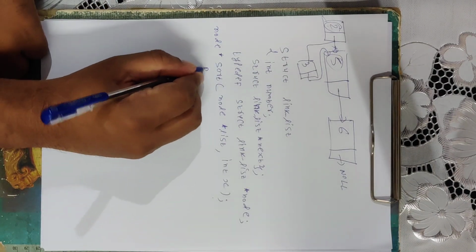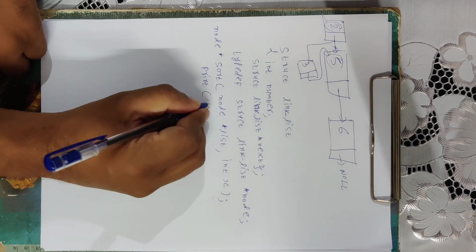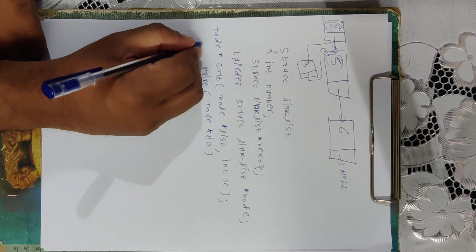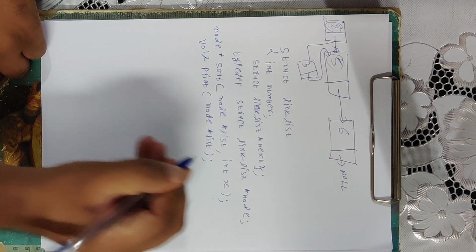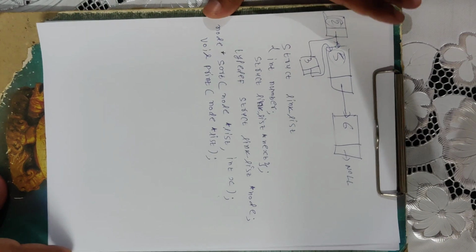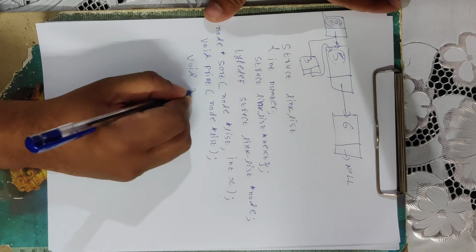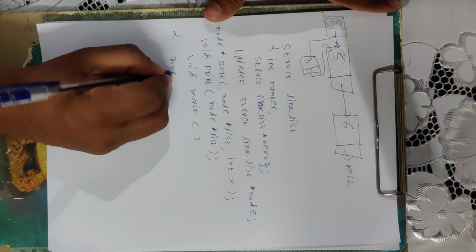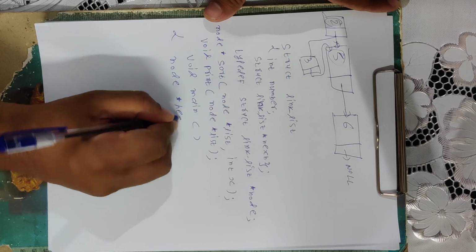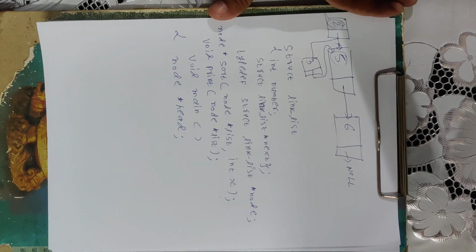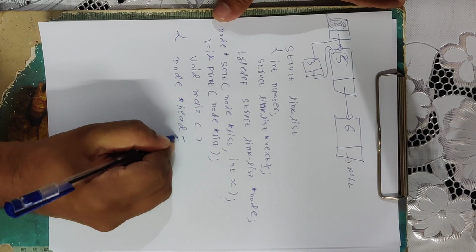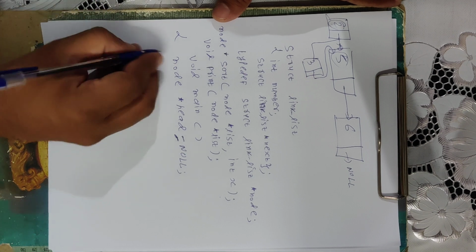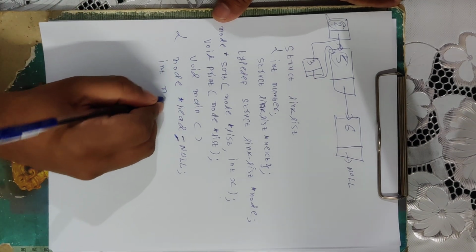Another function I am using is for printing. For printing, as an argument I have to pass my linked list, so again a structure pointer. My printing function will not return any value, so that's why it's of void type. Now coming to the main body, void main. First thing, I am defining one variable, let's say node *head. Head is the starting point of your linked list, and I am assigning it the value NULL. Then I am defining one more variable, integer n.